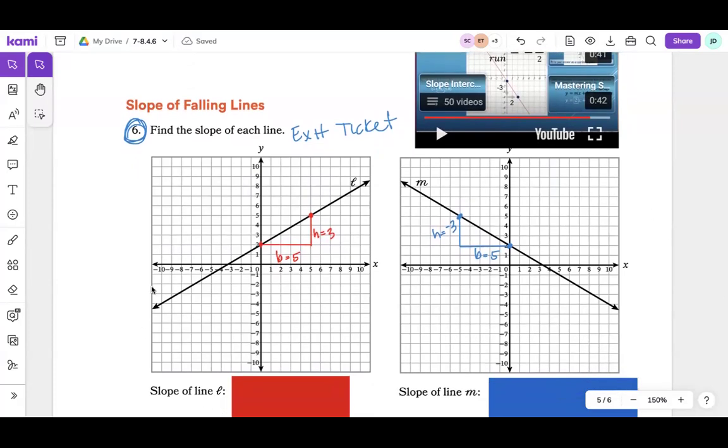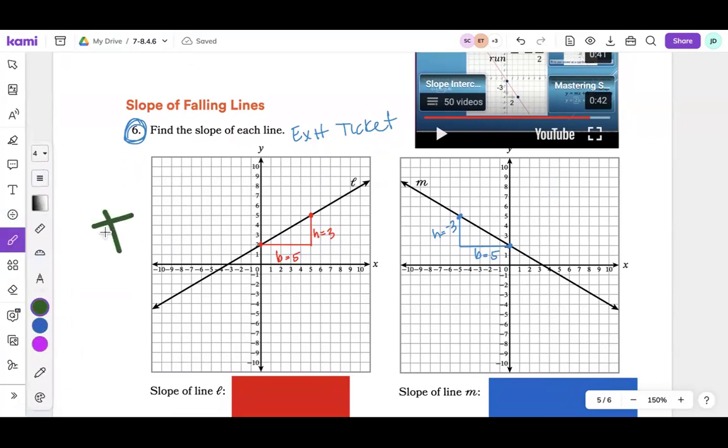are. So you can see that the first graph is going up as it goes to the right. So this is going to have a positive slope, whereas the one on the right here, it's going down as it goes to the right. So it's going to have a negative slope. Using that, and I've given you your height and base as a little help, figure out what the slope of